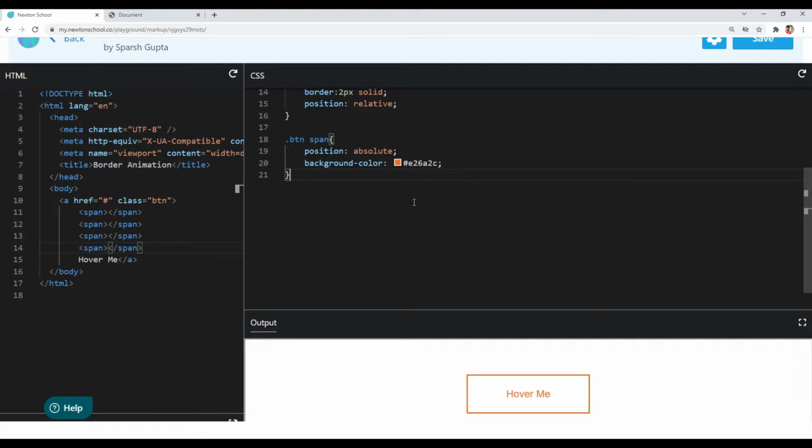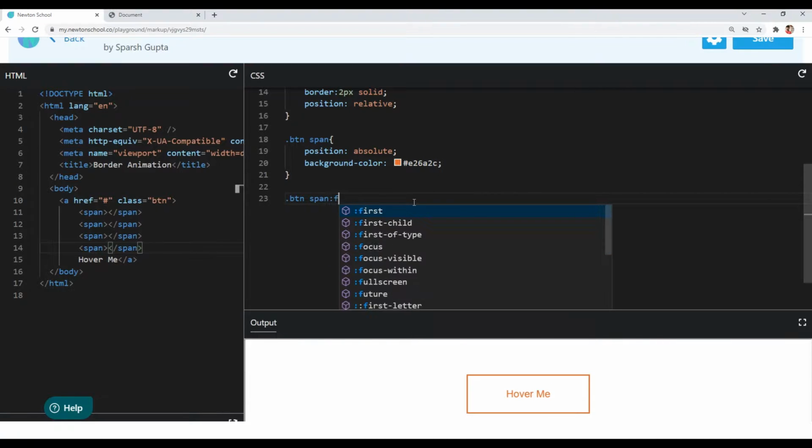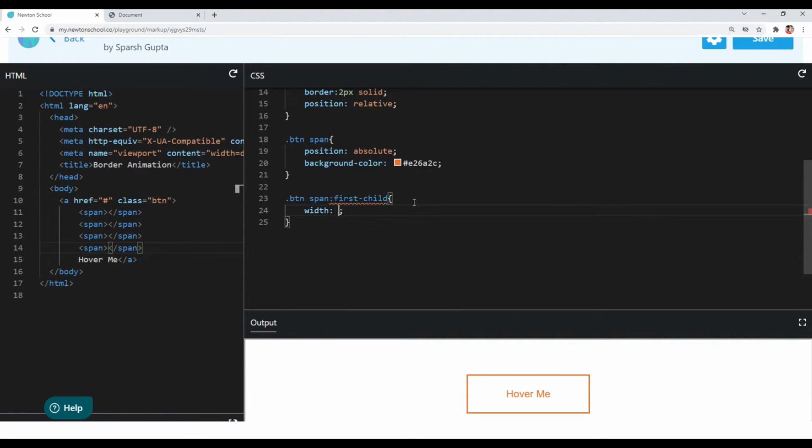So I will target the first span child using the first child pseudo class, and what I want is basically the width to be 100%. So the first span child will be this side of the border. Look at my cursor, we are creating this part of our border.